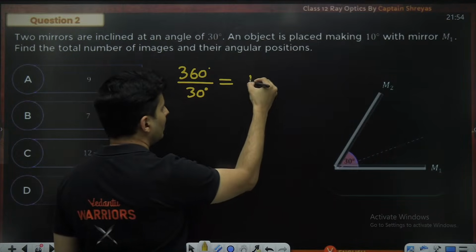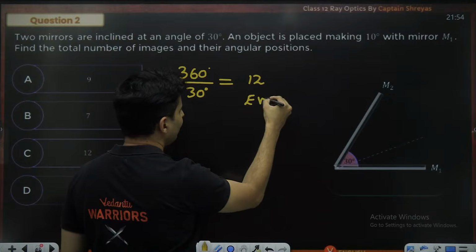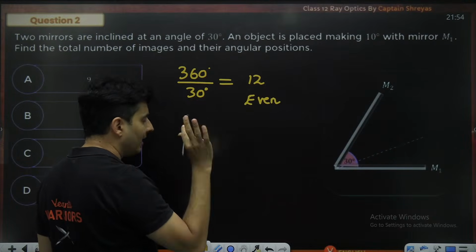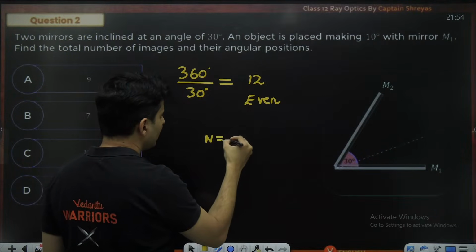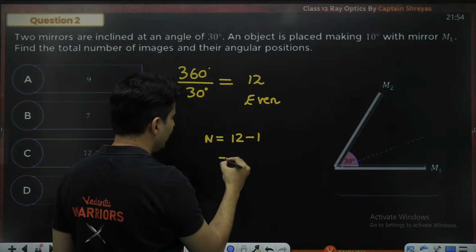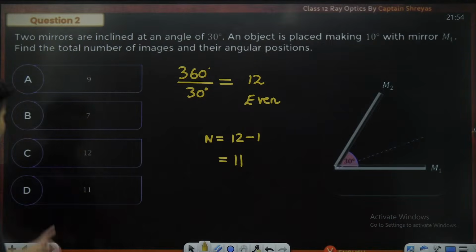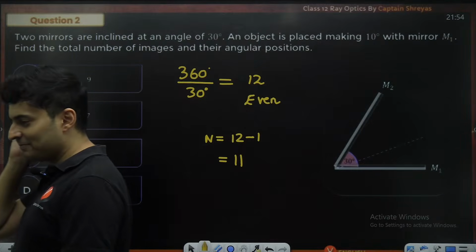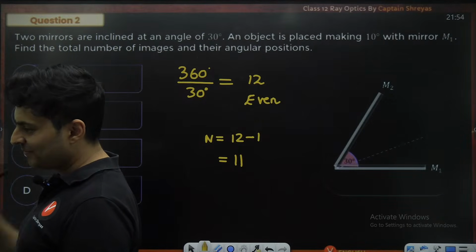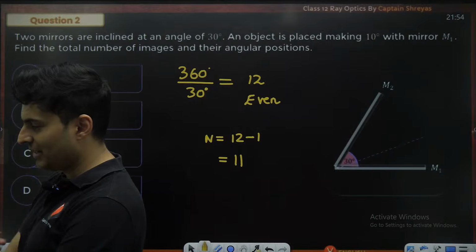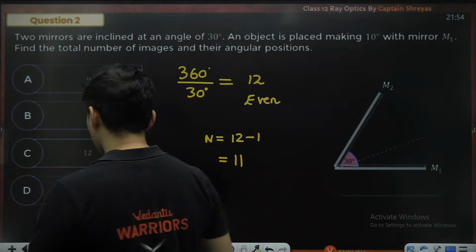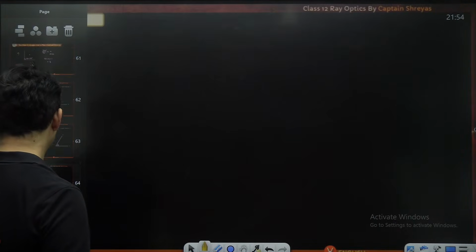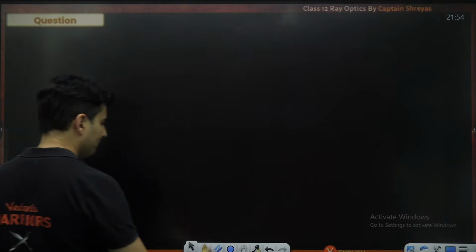It will be basically 12. 12 is an even number. The moment you get even, forget everything. The number of images will be that even number minus 1, which is 11. So 11 is the answer, which is D, I believe. Yes, it is D option. Perfecto. Got it? Everyone? Very good. Amazing. How about, let's say,